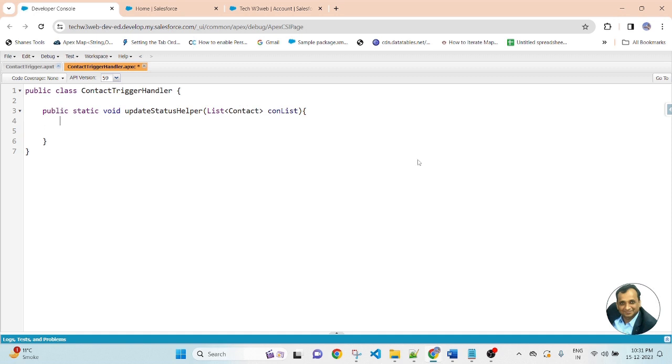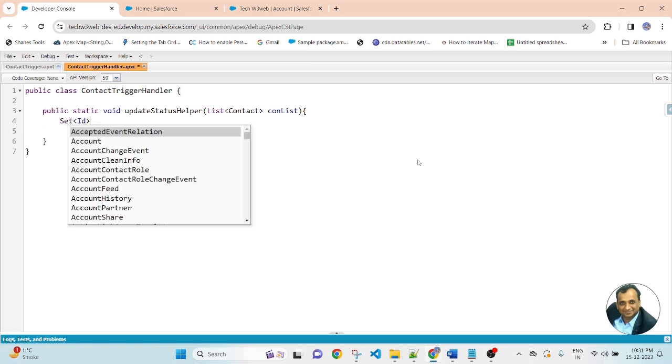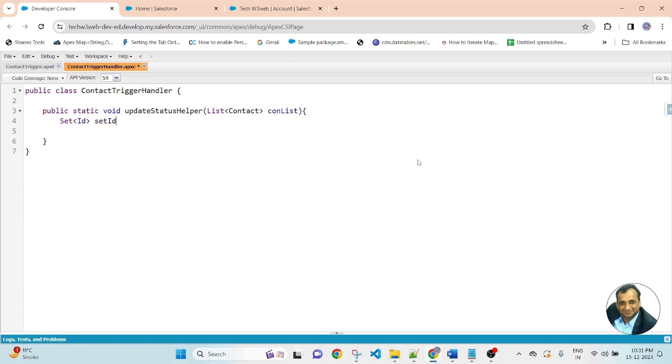Then create a Set of Id, new Set of Id. So here I am creating an instance of the Set of Id.